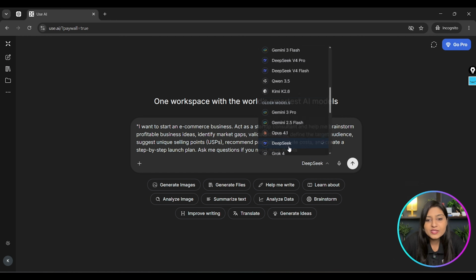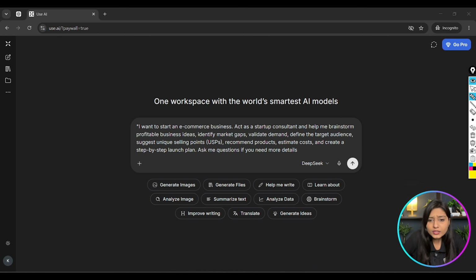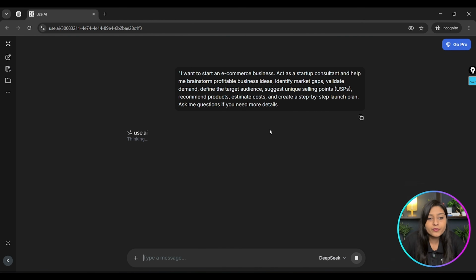Let's select DeepSeek here. And one thing, whatever you are writing here, you can easily use the voice feature also, because it supports 25 plus languages, so you can easily use that too. Let's just brainstorm these ideas and wait for the final results. After entering the prompt, the thinking process has already started. Let's wait for a while to see the final results here.